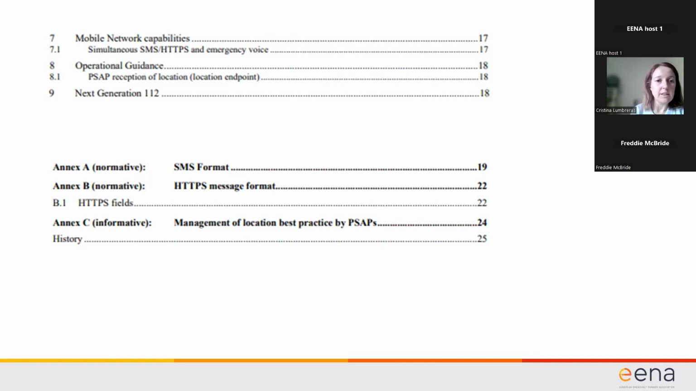And in the annexes, sometimes in the standards, there are the most important parts. You can see the SMS format with the mandatory and non-mandatory fields, as well as the HTTPS message format, with the optional and the mandatory fields. And both of these are the normative annexes, and there is one informative one that is more about the management of location, best practices by the PSAPs. And that's it on my side,